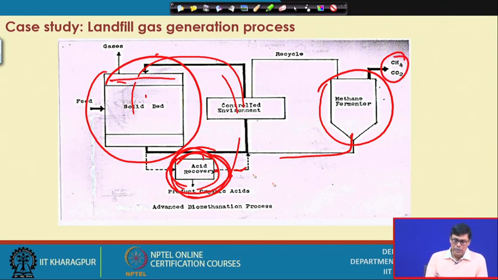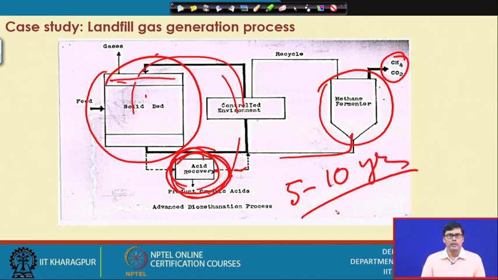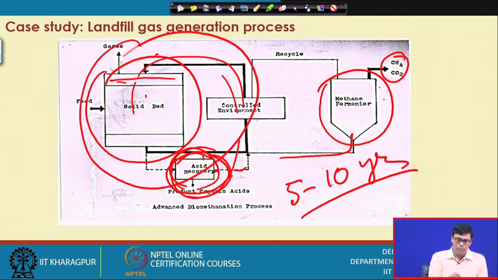If you do this, you can reduce the time of the fermentation process drastically. The age of any kind of landfill is about 5 to 10 years, whereas we have found that if you do like this, we can make the solid stabilization within 40 days. So, it is very much